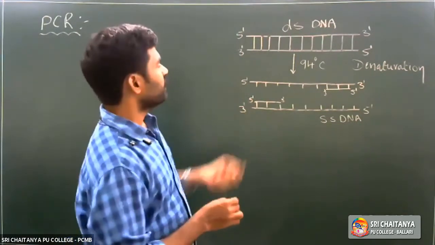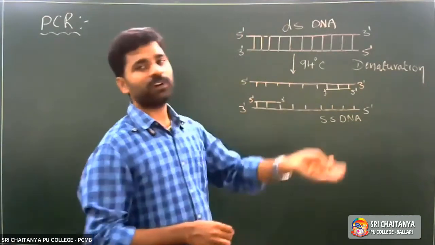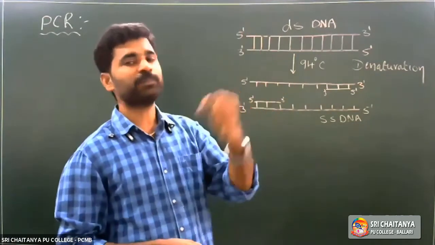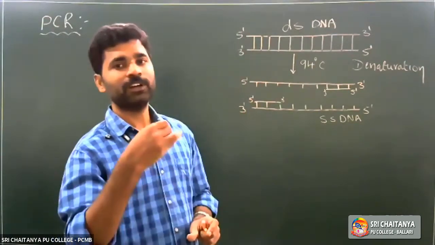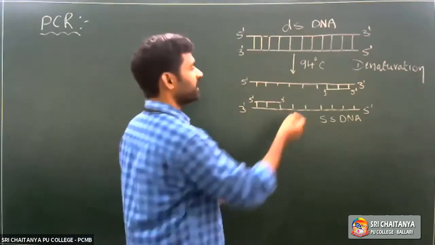So in the second step, whenever the temperature is decreased to 55 degrees centigrade in the PCR machine, that complementary